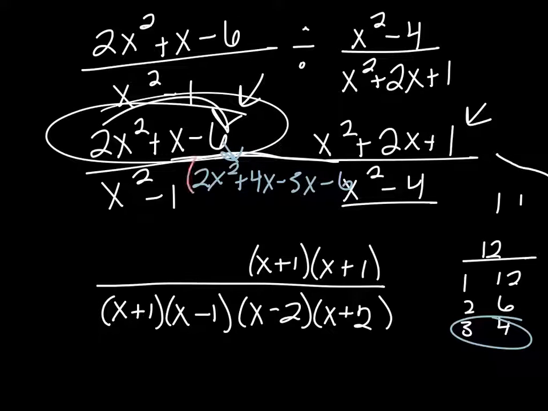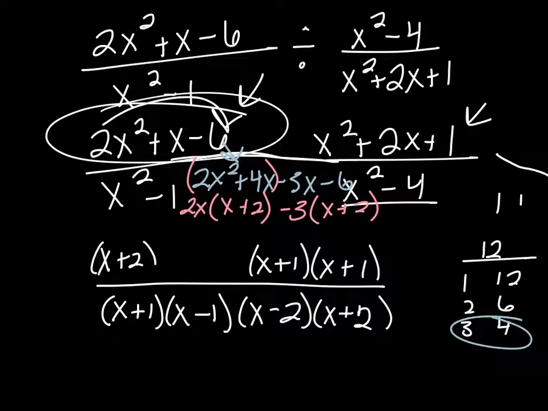I'm going to factor by grouping. So I'm going to factor out a 2x, and when I do that, I'm left with an x plus 2. Here I'm going to factor out a negative 3, and when I do that, I'm left with an x plus 2. So my factors are, in common, I have an x plus 2, and left over, I have a 2x